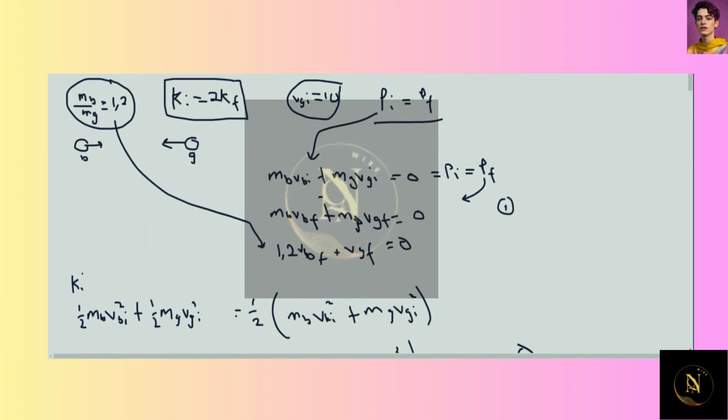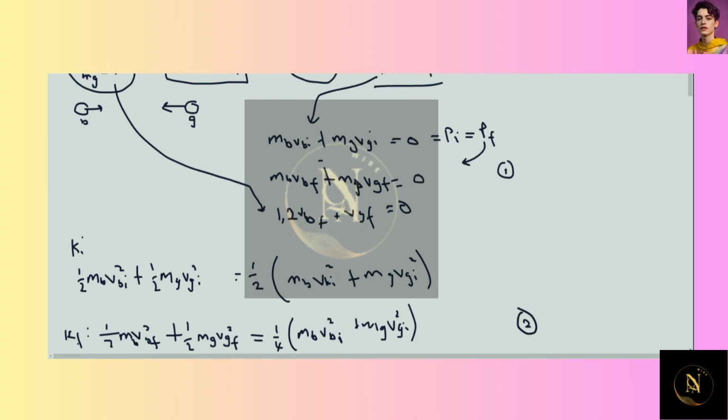But you're going to need to simplify it further, again, because you know the relationship between the masses, which is up here. So you can go ahead and remove these masses. To simplify this, what I'm going to do is divide every term by mG. If I divide this by mG here, I'm going to have the factor of 1.2 because mB over mG is 1.2. So that already makes that a little better to look at. Plus, this is mG over mG, which is 1. So that's just half